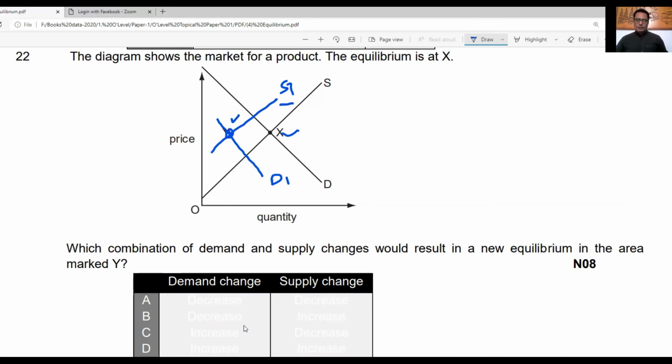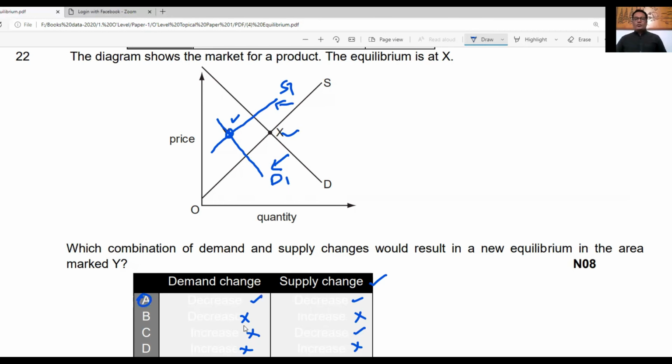It means that supply should move to the left. Supply shifts to the left whenever there is decrease in supply. So we have to figure out decrease in supply from this table. Option A shows decrease in supply and option C shows decrease in supply. It means we can remove option B and D. Now we have to find out what will happen to the demand. So demand is shifting to the left, and when demand shifts to the left, it shows decrease in demand. So it means that demand is also decreasing. So demand is decreasing in option A and it is increasing in option C. So we will cross C. So option A is the correct answer.